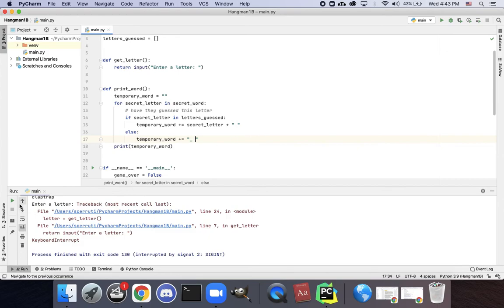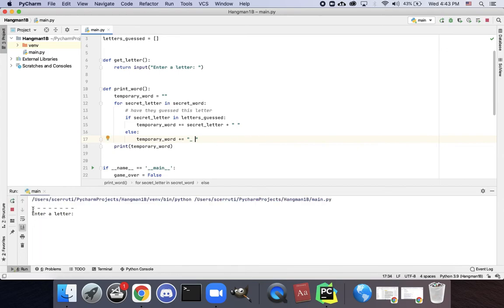Let's try this again and see how it goes. So we see it starts off well. There's one underscore for each letter in the secret word. There's 8 of them, 1, 2, 3, 4, 5, 6, 7, 8, separated by spaces. And then as I guess letters, we see that it's getting filled in. Now, there's 2 A's in here, so let's try the A and make sure both A's get filled in,